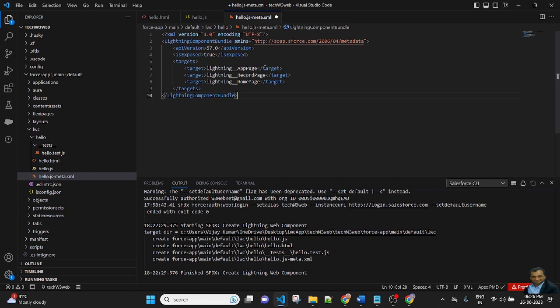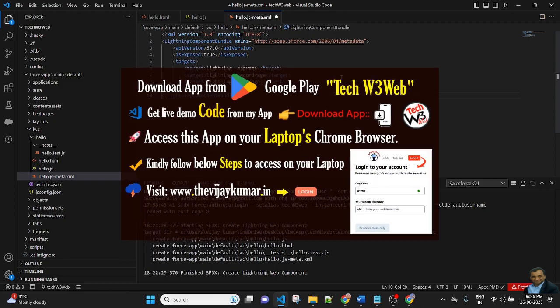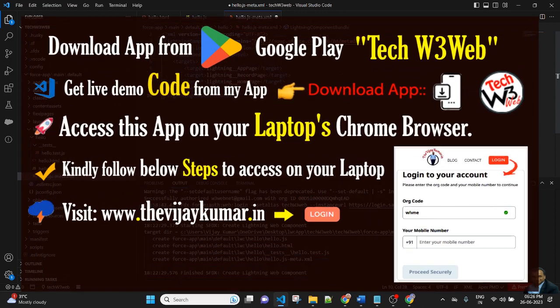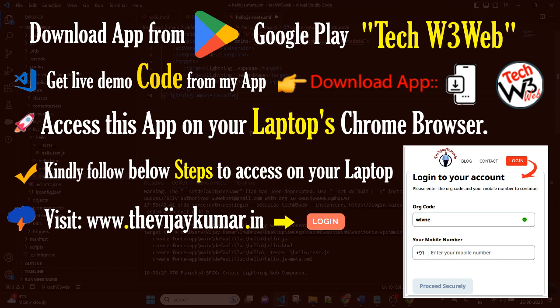If you put the app page, the component will be displayed on the app page. If you write lightning underscore RecordPage, this component has access to display on the record page. And if you assign lightning underscore HomePage, that means this component will be visible on the home page. So I give it access to visibility on different platforms.